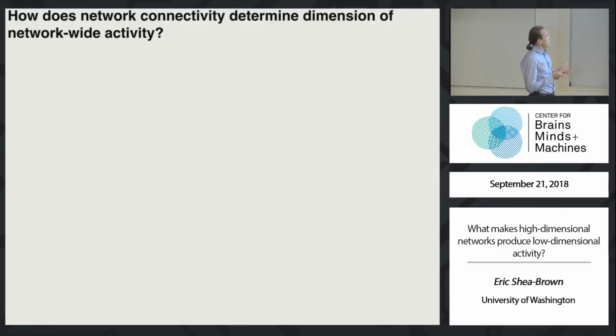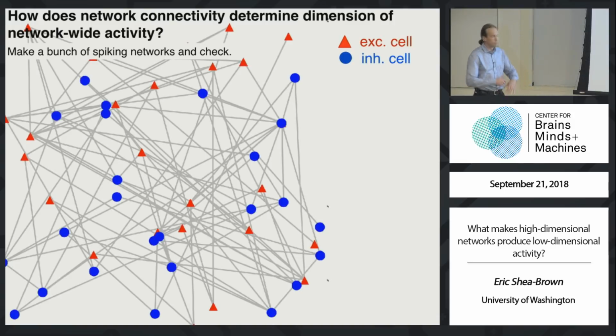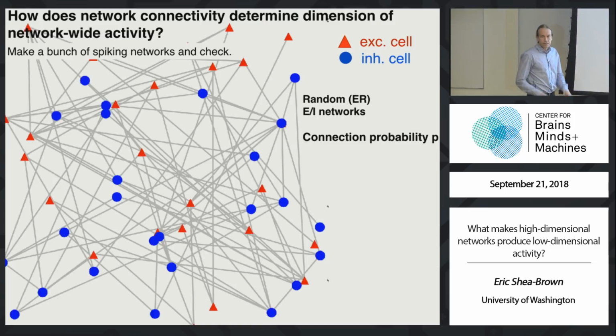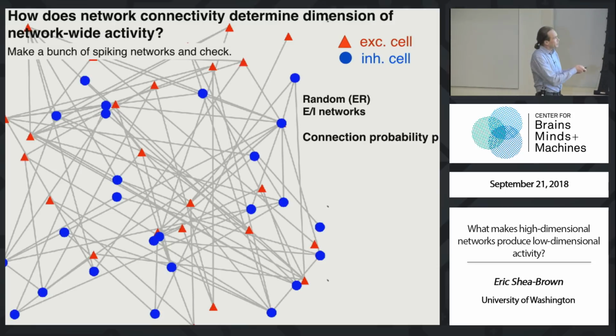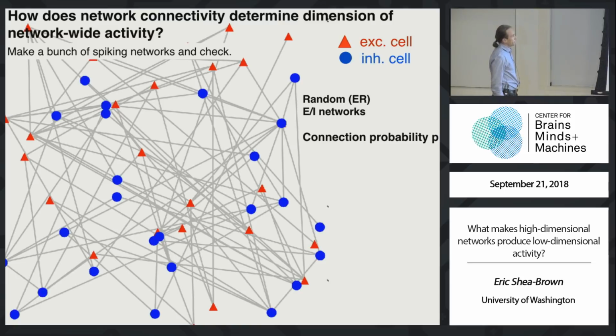All right, so our question, right? This is a bottom-up question. Got some network, might be complicated, spiking away. What's the dimensionality of the activity that it produces, and what is it about the connectivity that determines that answer? Let's just run some experiments. So big, complicated network, excitatory, inhibitory cells for now. Let's start out by making these networks at random. So subject to the fact that they're excitatory and inhibitory, take some number of connections, where the number is determined by the connection probability P, and put those connections down completely at random.